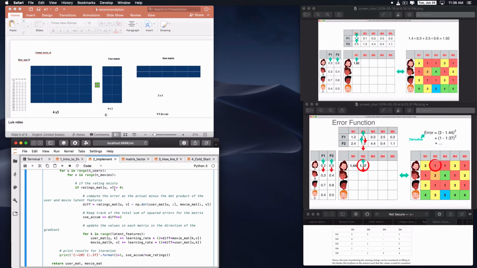If rating_mat[u][v] is more than 0, okay, here is the point. That means we only update and we only consider the values that have some value. If the value is 0, we will not update it, we will not do anything for this value for now. If rating_mat[u][v], let's say u is 3 and v is 4, this value. If more than 0, then what we'll do, we'll find this rating_mat[u][v]